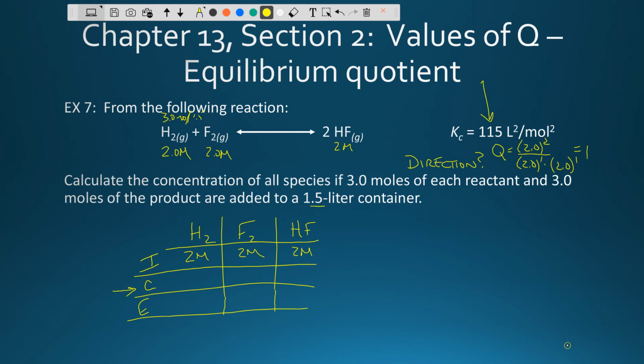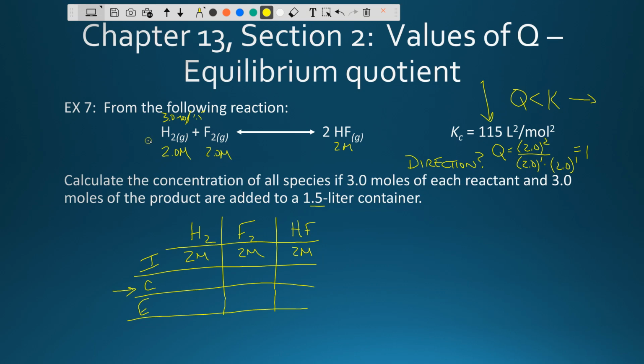Well, what is K? K is 115. So this tells me, and I won't screw this part up, Q is definitely less than K. So which direction does it go? The reaction is going to the right. It's going to be favoring the products. Now that we know this,